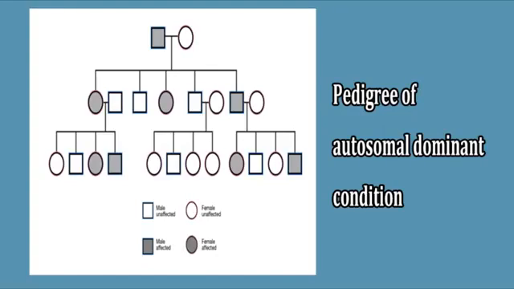The autosomal dominant condition can be easily identified in a pedigree. When a pedigree is drawn based on the family history of the affected individual, the traits can be easily identified by their inheritance pattern. Since it is a dominant condition, the trait will appear in every generation. The dominant condition affects individuals in every generation.